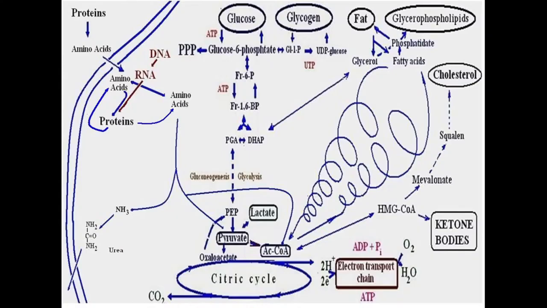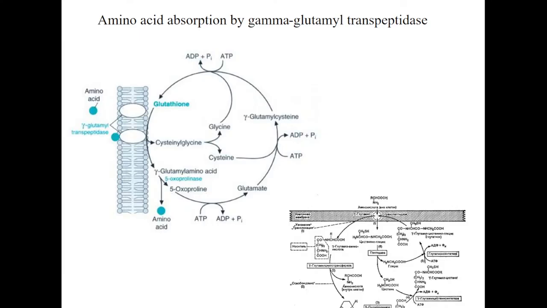Now, about intracellular transformations of proteins. We said that proteins are digested to amino acids and go to the cells. And by the way, entrance of amino acids to cells depends on the function of glutathione and so-called gamma-glutamyl transpeptidase. It's part of glutathione. Glutathione is a very interesting tripeptide which consists of cysteine, glycine, and glutamate. And the glutamate interacts with